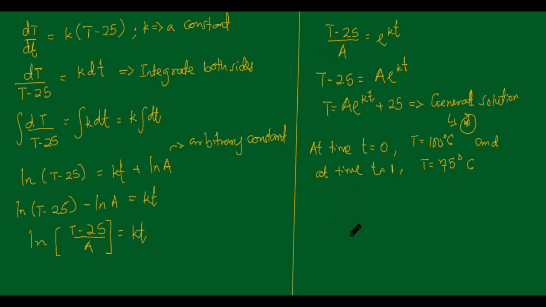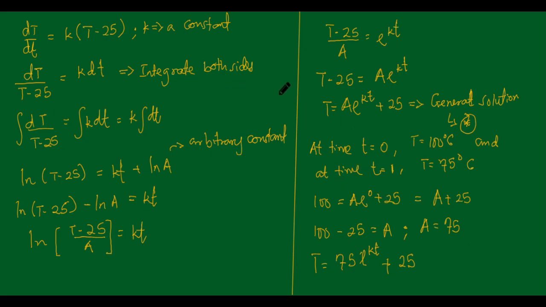So let's substitute t equal to 0, that is the time is equal to 0 and the temperature is 100 degrees Celsius. We have that 100 is equal to A e raised to the power of 0 plus 25. We know that e raised to the power 0 is 1, so this becomes A plus 25. So we can collect like terms: 100 minus 25 will now be equal to A. That means A is equal to 75. So we can rewrite our general solution as T is equal to 75 e raised to the power of kt plus 25. And all we are left with is to find